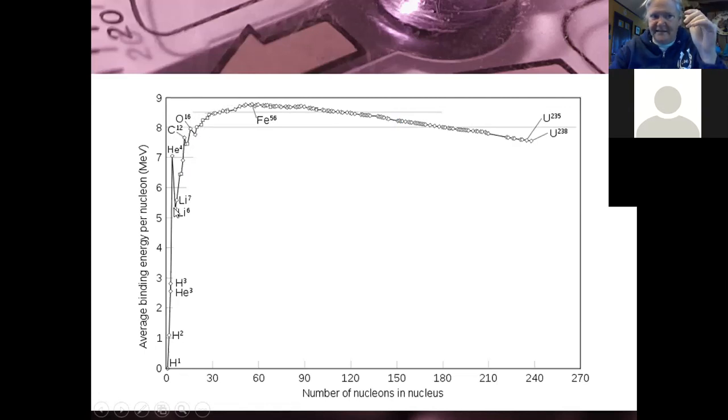Lithium-6 is way down here because it's an odd nucleus. Helium-4, though, is at the top of the hill because it's an even nucleus, and plus there's something else special about it. There are also peaks at carbon-12 and oxygen-16. Ideally, the tighter bound the nuclei are, the more stable they become. So what that means is iron